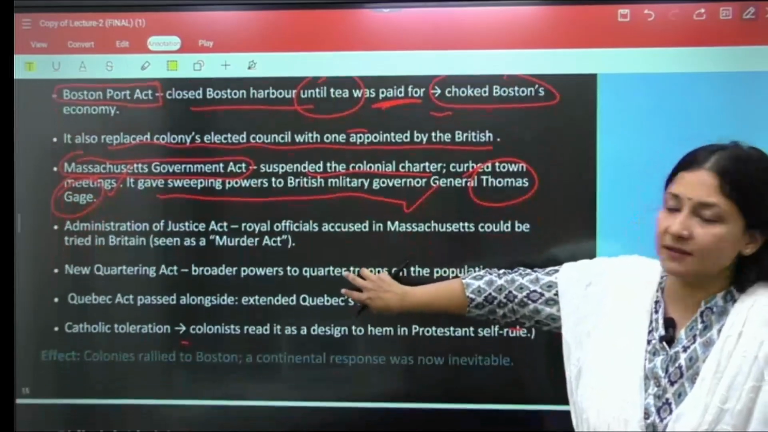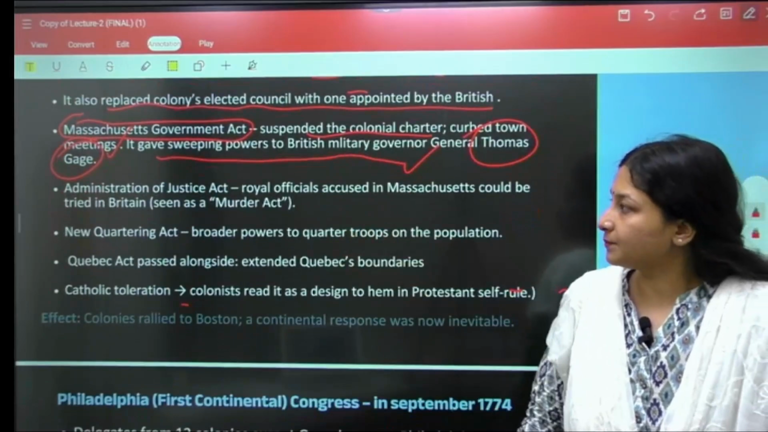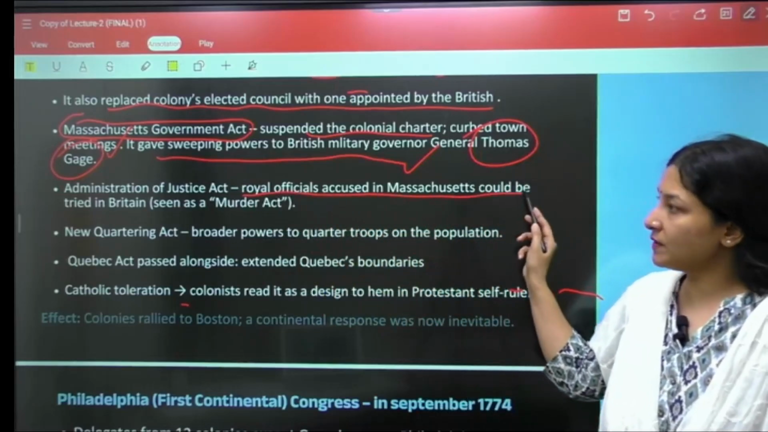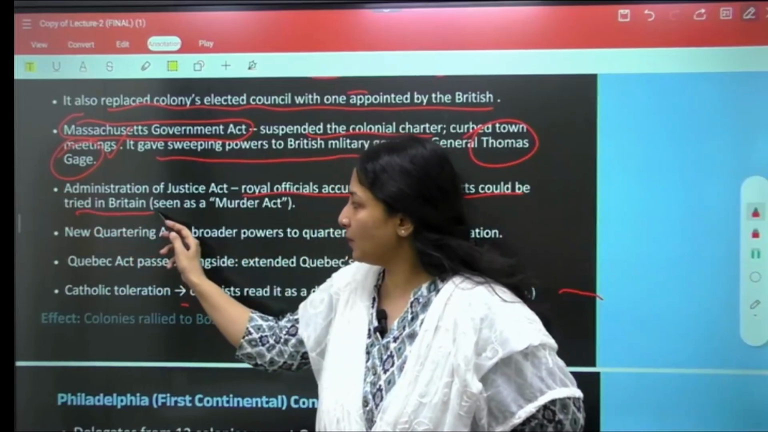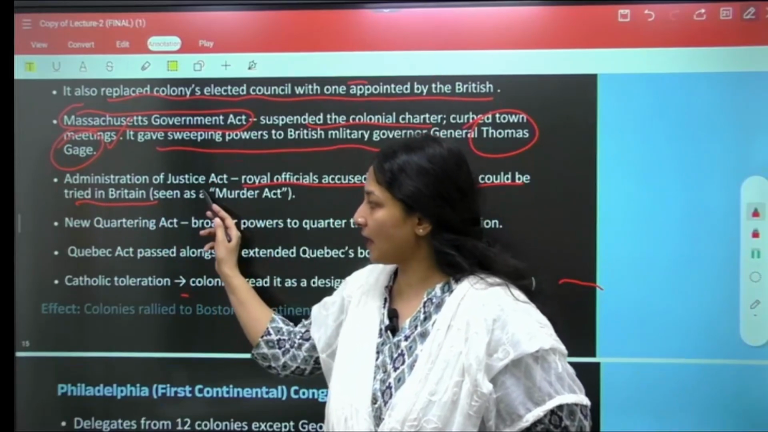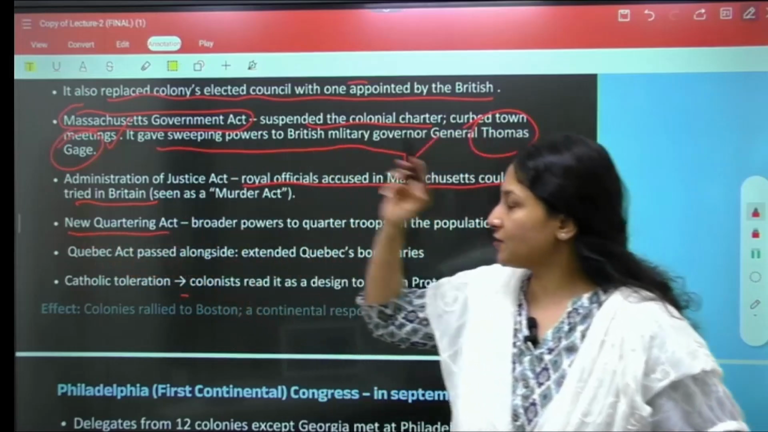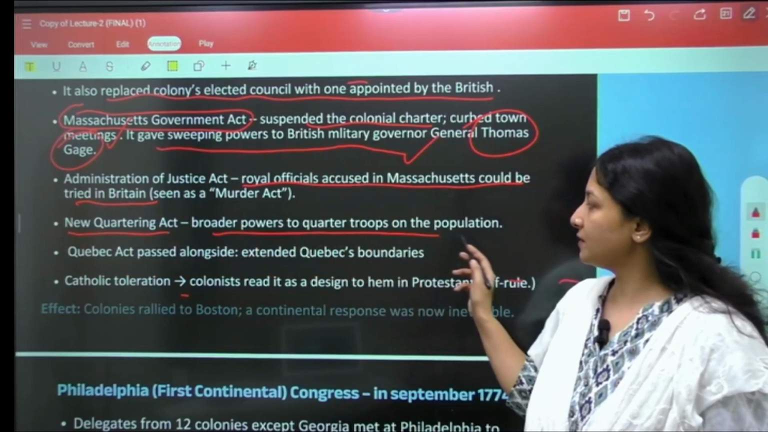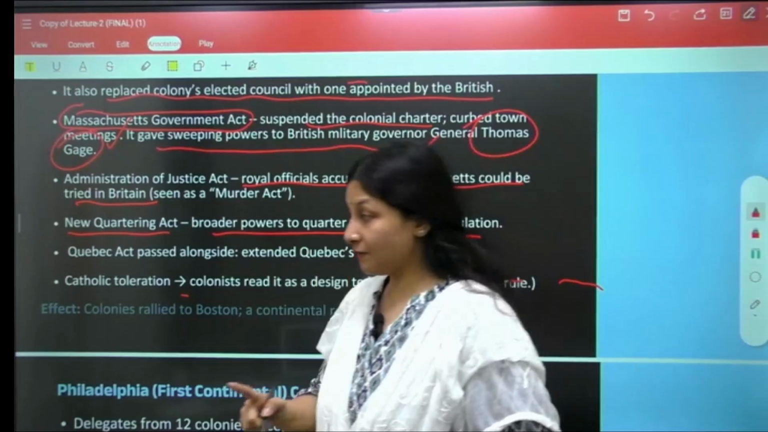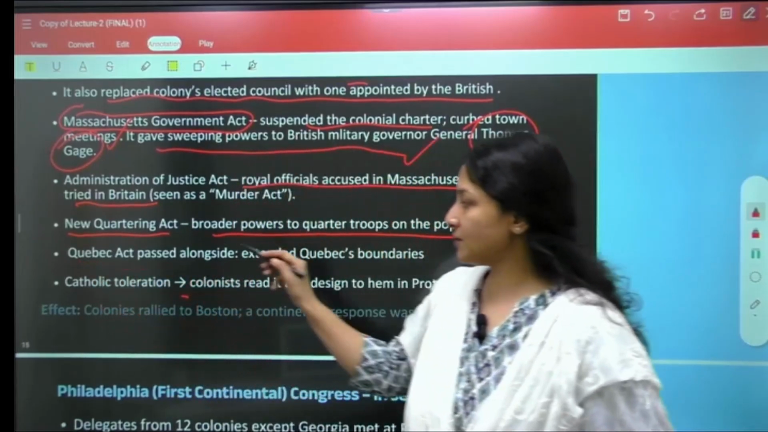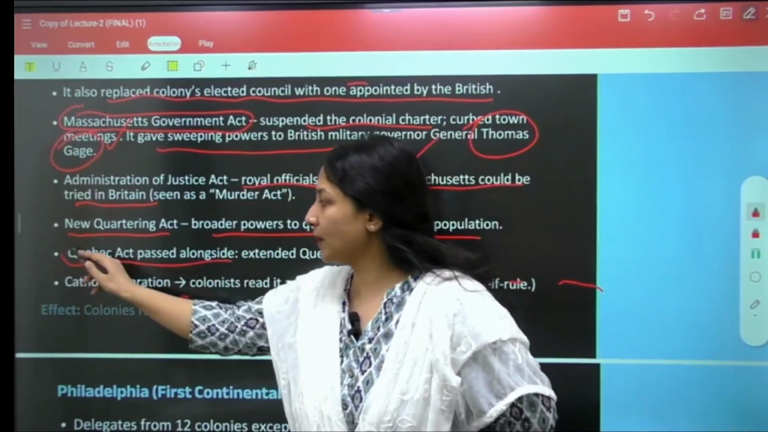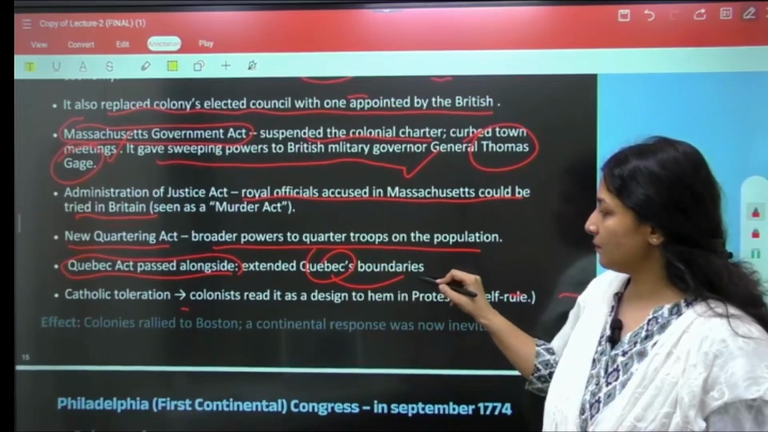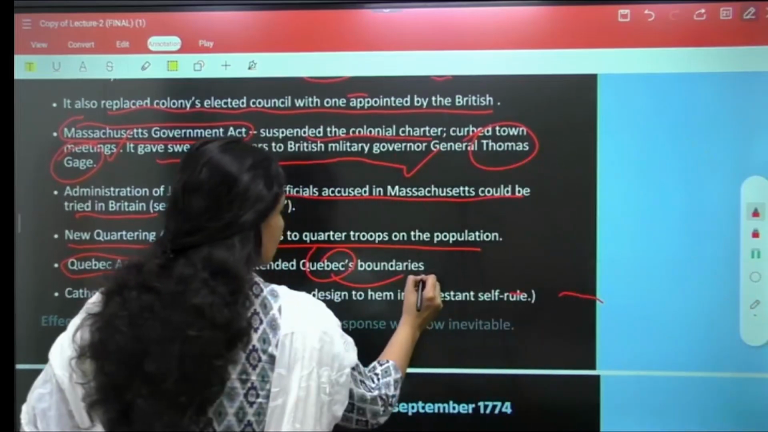Now understand that after this, the royal officials accused in the massacres could be tried in Britain. It is also known as the Murder Act, and a new Quartering Act was passed, and it broadened the powers to quarter the troops on the population. Apart from this, the Quebec Act was passed alongside. Where is Quebec? Quebec is basically in the Canada region. Now all this was done so that